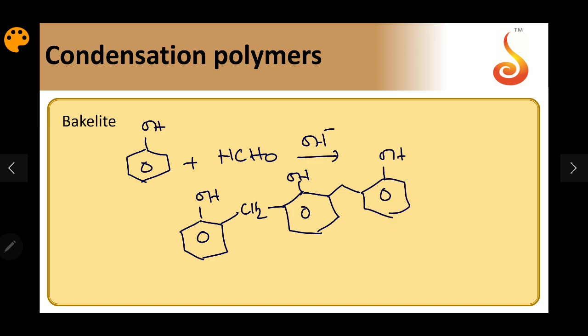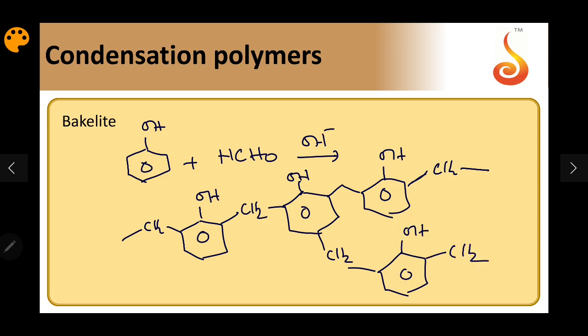A linear polymer obtained in the first step is called Novolac. Then it can be a cross-linked polymer also, like this. So cross-links can develop. So here also it's possible. Like that it goes in 3 dimensions. So bakelite is a highly cross-linked polymer, very stable, and on heating it develops even more cross-links. The structure will be altered, the property will be lost. So bakelite is used in electrical switchboards and electrical switches.